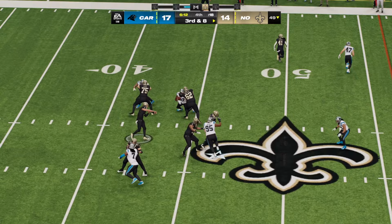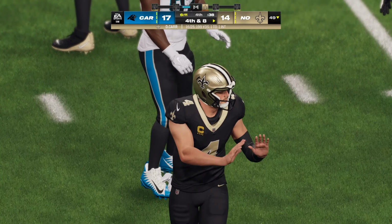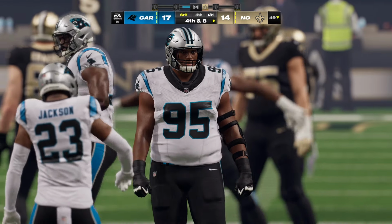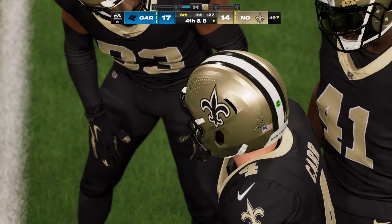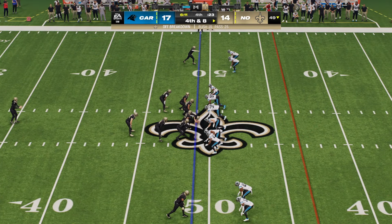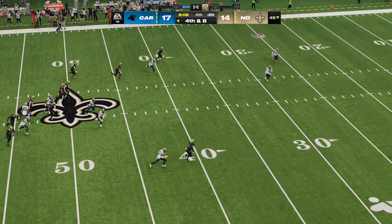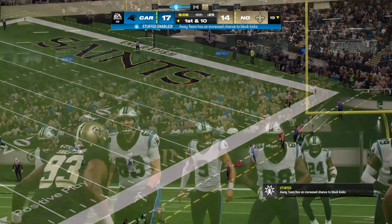Throwing now is Carr. And that will be incomplete. Nice back-to-back plays defensively. They're stacking momentum now. 1 incompletion, 2 incompletion. They're going for more. Here comes the Saints punter now, as he'll kick it away for the 2nd time. And he'll get off a fairly short kick here, as this is toward the sideline. And this one will not be returnable as it